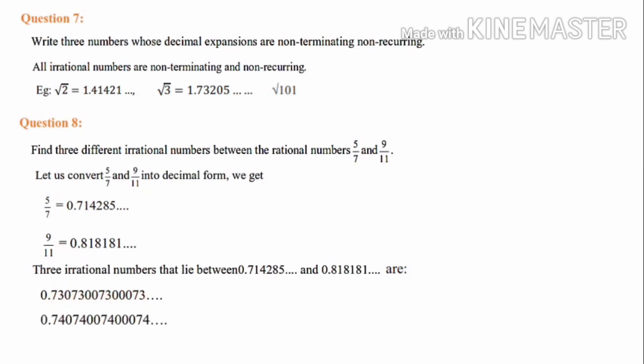And the next one I'm taking is 740. Again one more 0 we have to add, 7400. Again one more 0, that is 74000. Next 740000, etc. we have to put. And one more we have to write, that is the last one, 760. Again 7600. Again 76000. 760000, etc. it goes.